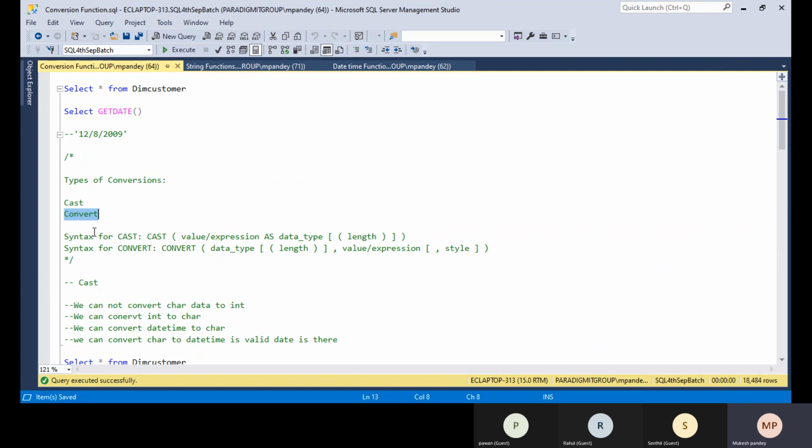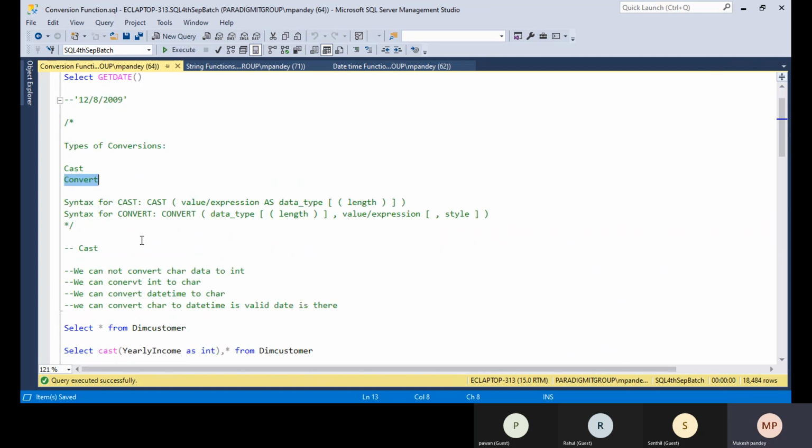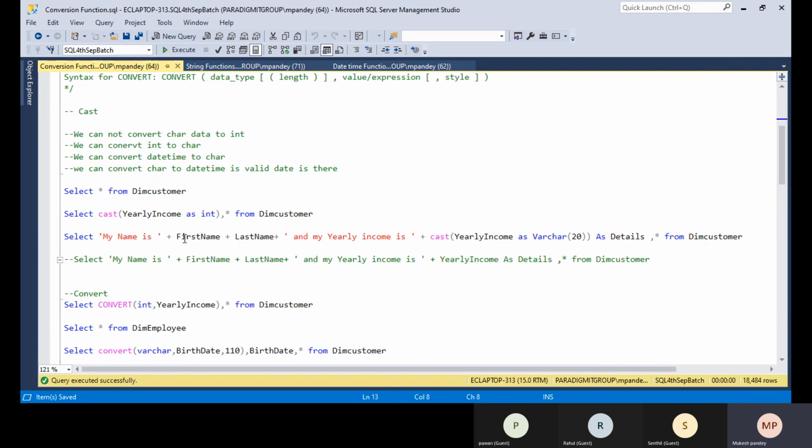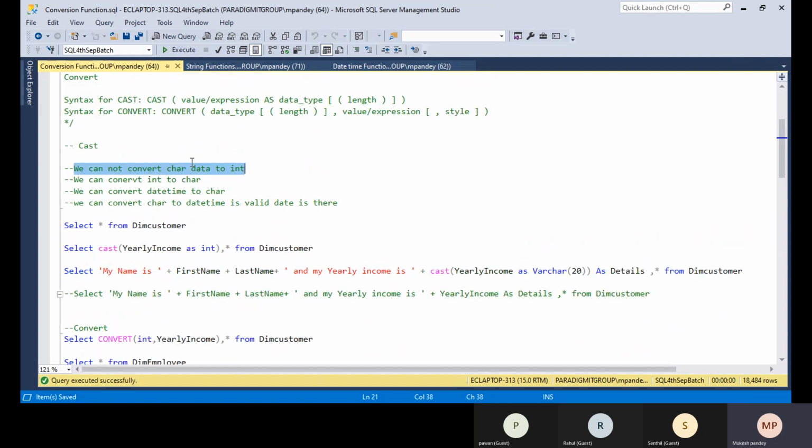In what scenario can you use the cast function? Suppose you are concatenating an integer value to a character value. There is a restriction: we cannot convert the character data type to the integer data type.